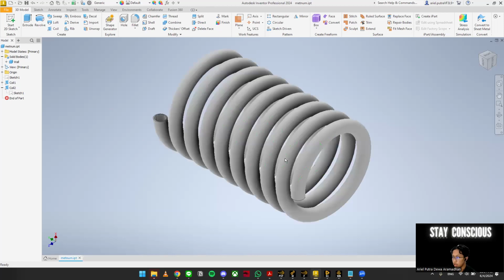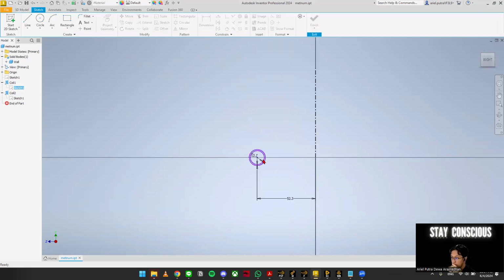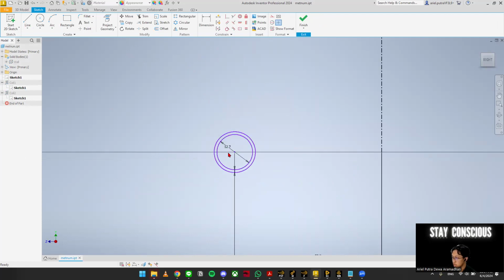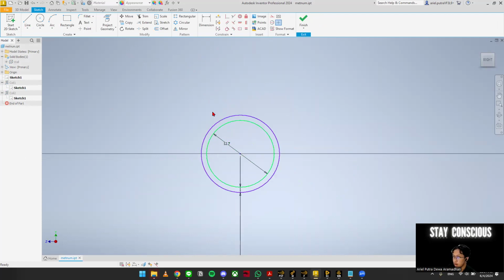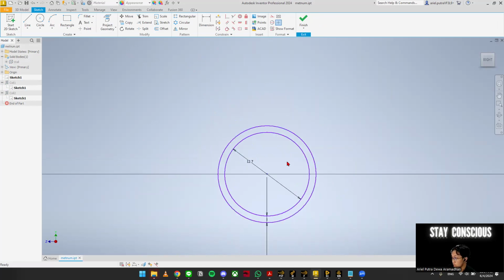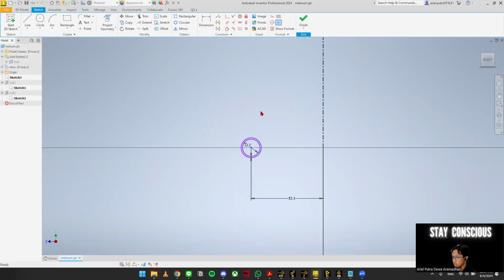Here I'm modeling it using a software called Inventor. So here is the sketch. We have a diameter of the pipe, which is 1 inch. I'm using centimeter here, so that's why it's 12.7. But I'm using not 1 inch, but half an inch, and let me tell you why.